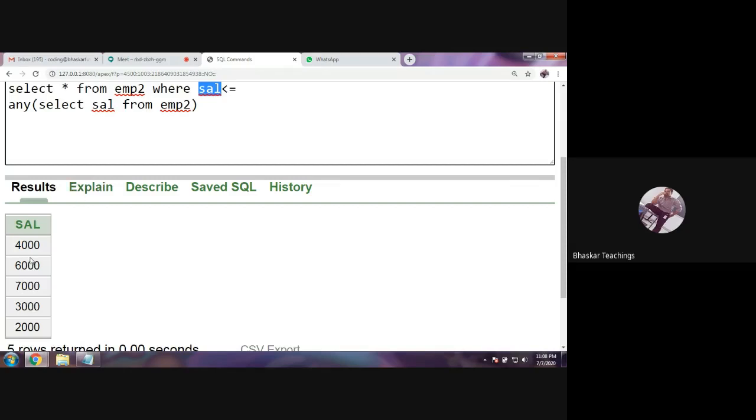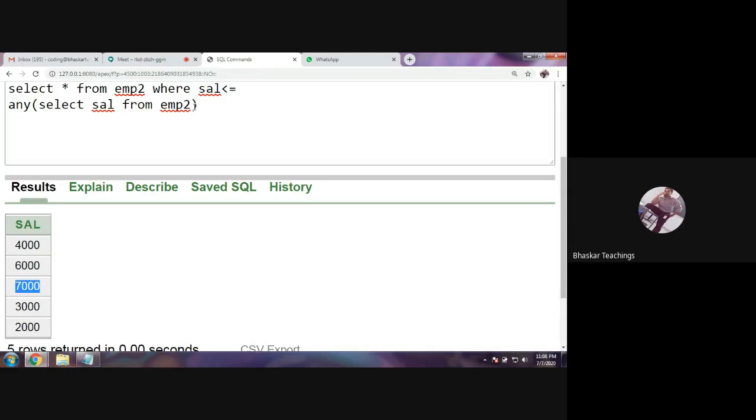First, consider 4,000. 4,000 is less than 7,000 and 6,000, so it comes true and will be displayed. 6,000 is less than or equals to 7,000, and equals to itself, so it is also true. Therefore the details of the employee with 6,000 salary will be displayed.